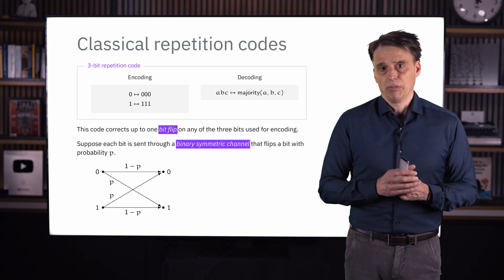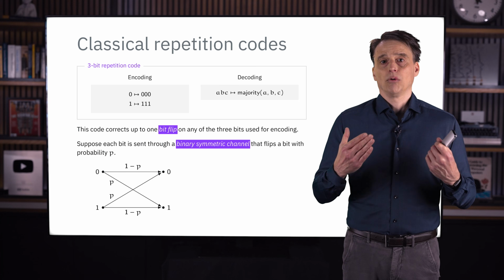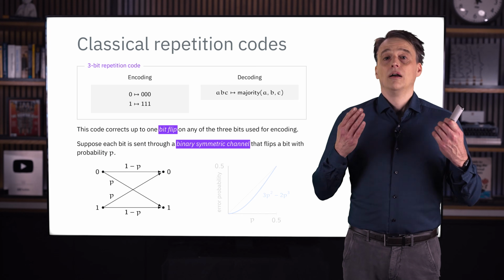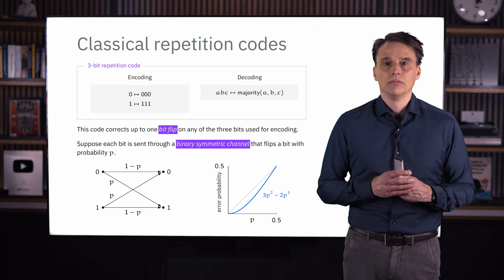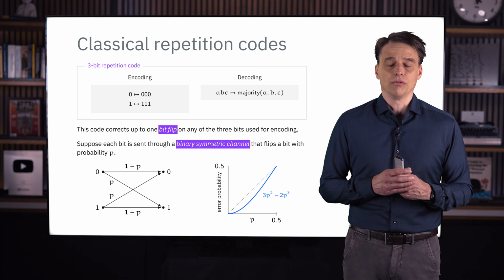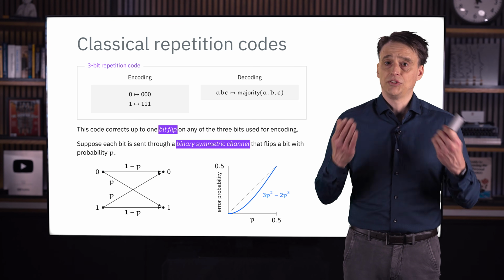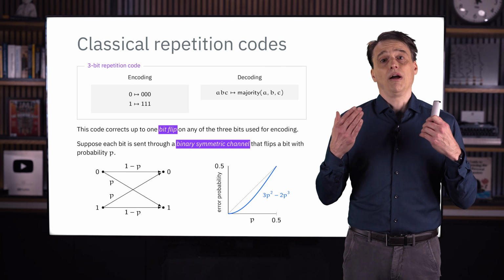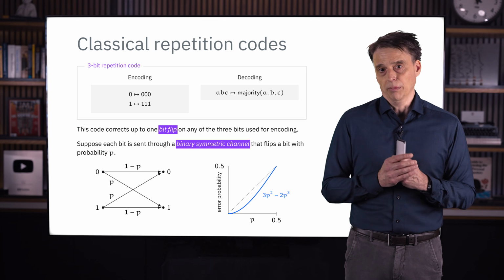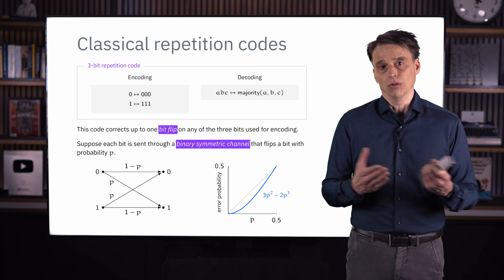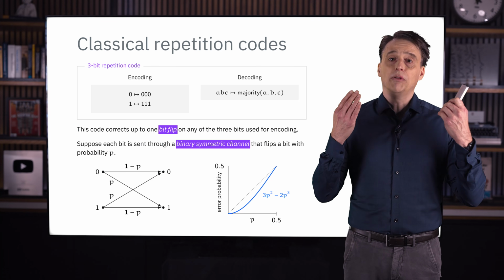So if we don't use the repetition code, and instead we just send whatever bit we have in mind through the channel, the receiver will get the wrong bit with probability p. On the other hand, if we first encode the bit we want to send using the 3-bit repetition code, and then send each of the 3 bits of the encoding through the channel, then each one of them flips with probability p. So the chances of a bit flip are now greater because there are now 3 bits that could possibly flip rather than 1, but if at most one of the bits flips, then the receiver will be able to correctly decode. So we'll only get an error after decoding if 2 or more of the bits flip during